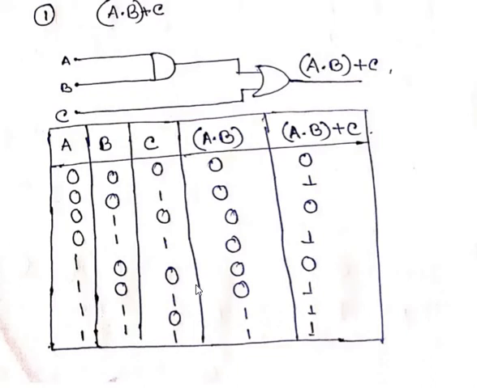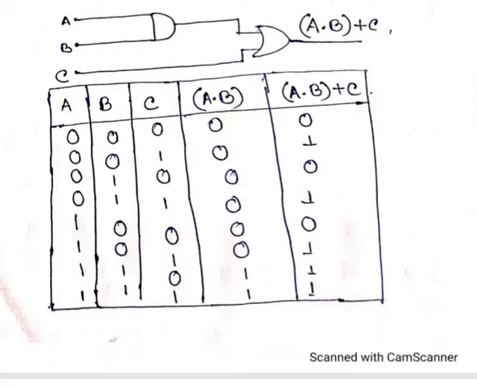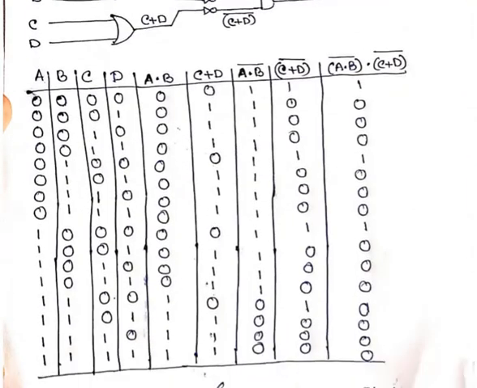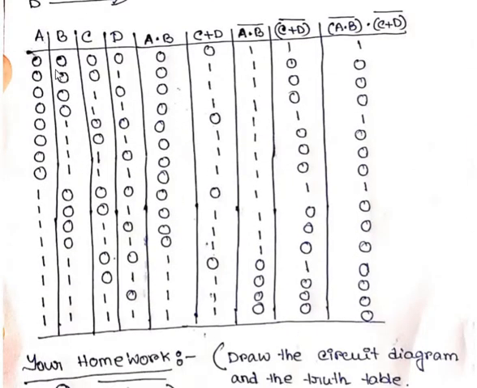So if it is a 4 input table, the input line combination will be 2 to the power 4, which is actually equal to 16. So what I will do, I will write 8 zeros, 8 ones. Then again 4 zeros, 4 ones, 4 zeros, 4 ones. Then 2 zeros, 2 ones, repeated four times. Again 0, 1, 0, 1, 0, 1, 0, 1. Let's see, it is a 4 input combination.